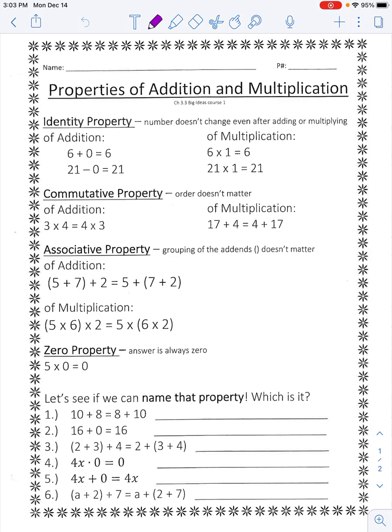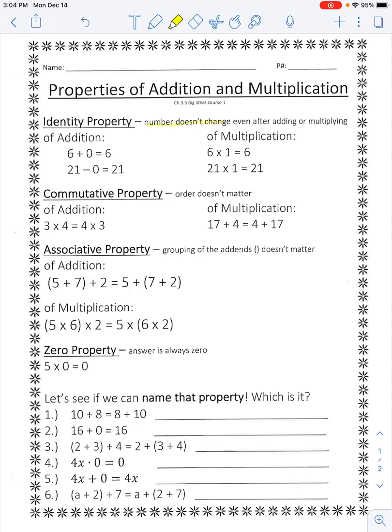Let's go ahead and go over these property notes. A lot of this is just memorization, okay? The identity property. If you think of your identity, think of yourself. Like, I identify as a teacher, I'm a wife, I'm a mom. So identity, think of self. So identity property,